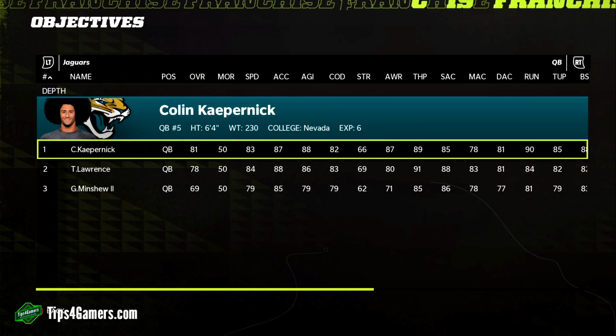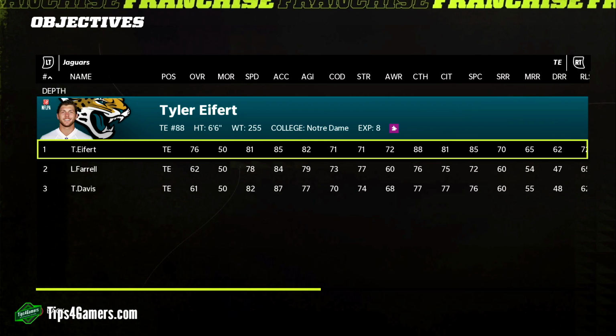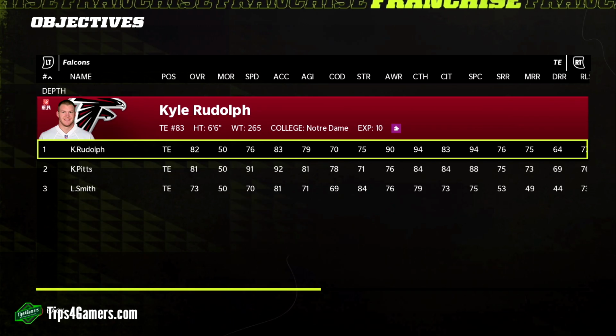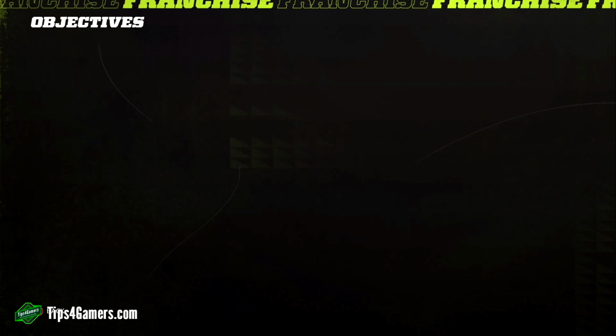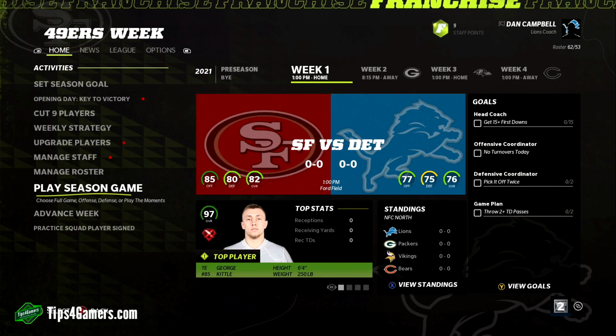Now you see Colin Kaepernick is the starter. And this is the big one here. I am hoping like hell he works, because if he doesn't work, guys, you're going to have to use, thank God, Kyle Rudolph is sitting at the number 2 spot. Which is beautiful. And then what I did was I went and picked up 3 free agency guys, and I'm